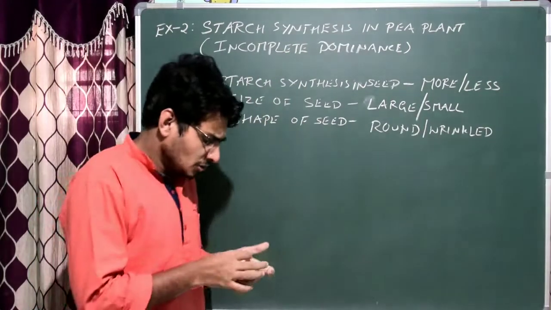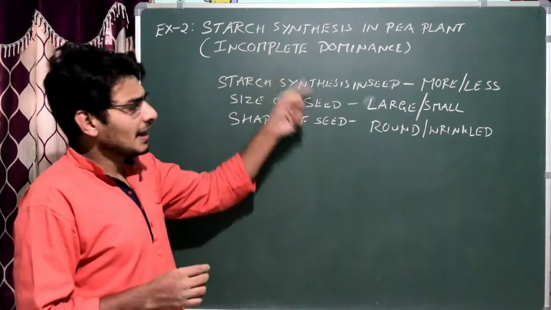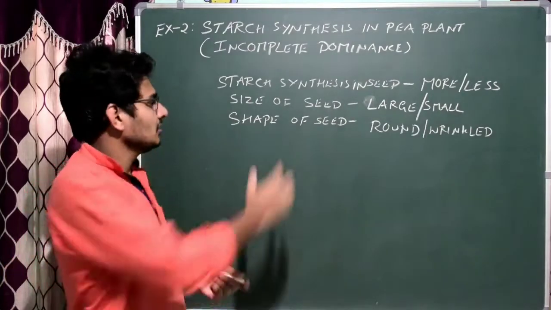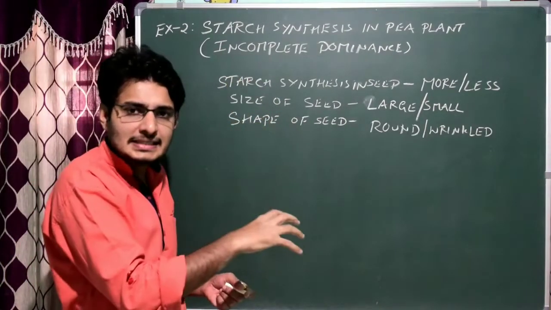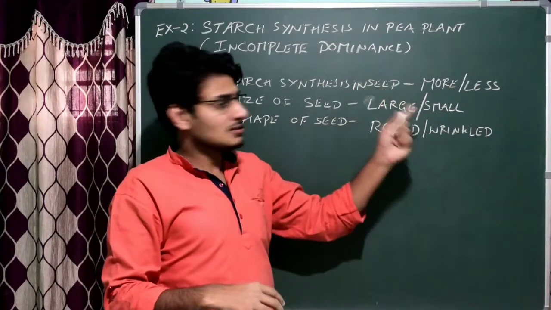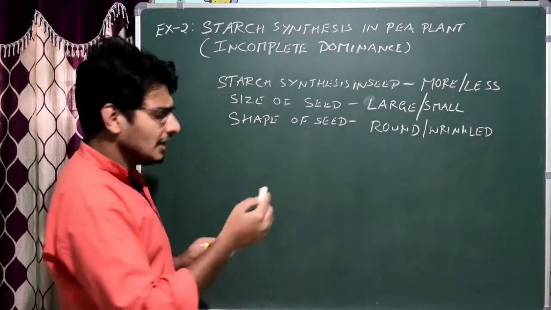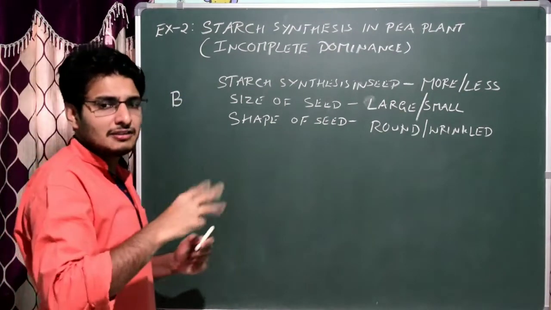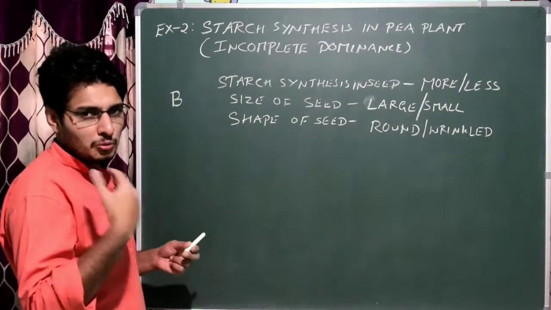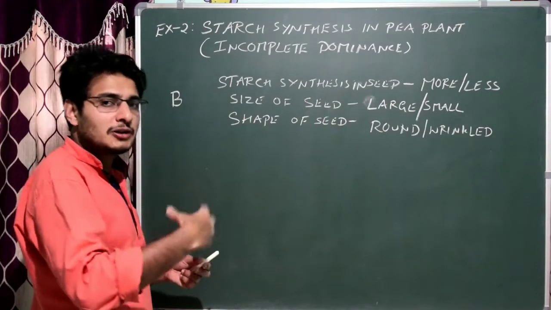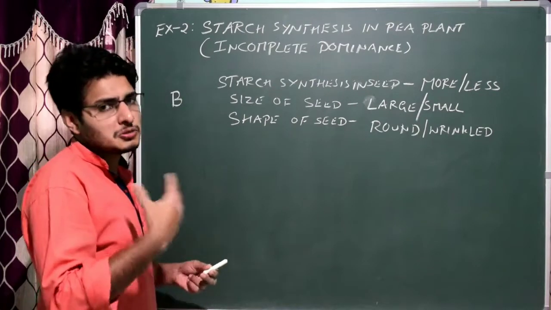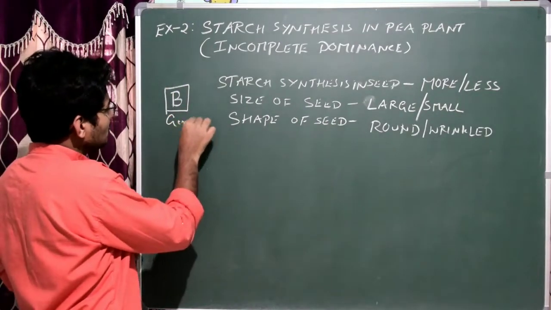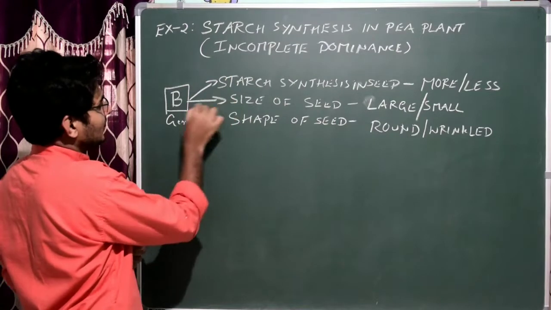That's it. Here I have already written that there are some characters which determine the shape and size of the seed. What is that factor? That is the starch synthesis within a seed. The synthesis of this starch is initiated by a gene. Let us assume that gene is capital letter B. It occurs in 3 different forms. We will write it: homozygous BB, or heterozygous capital B small b, or small b small b, correct? Let us assume that this capital B is a gene which is responsible for all these 3 characters.